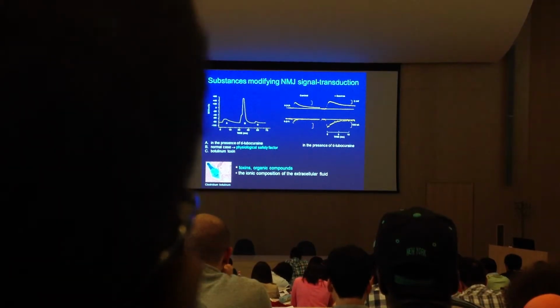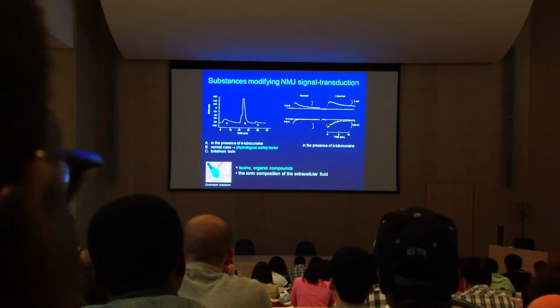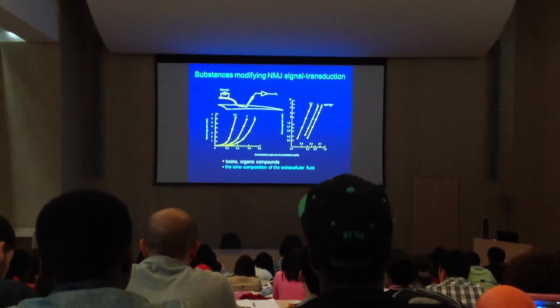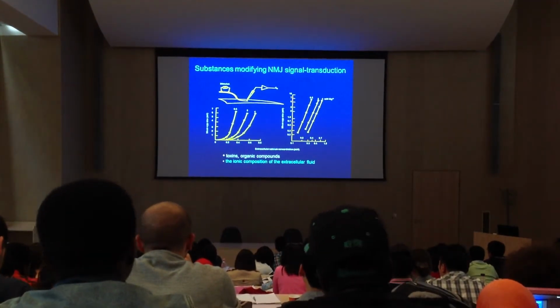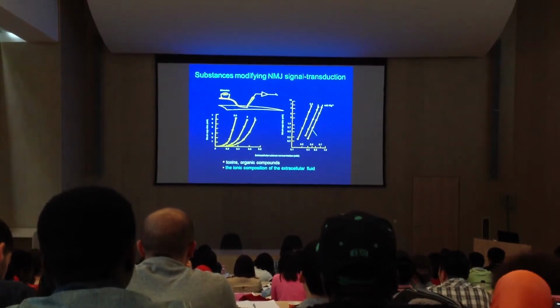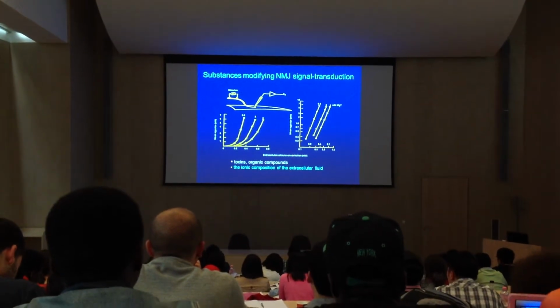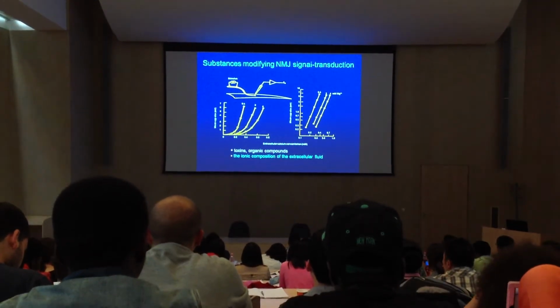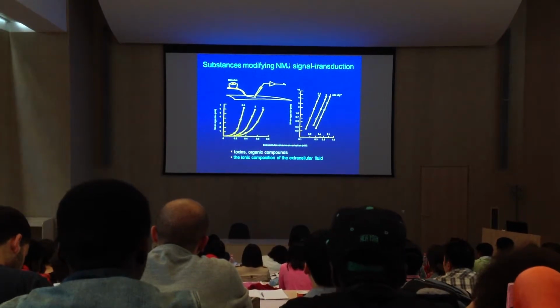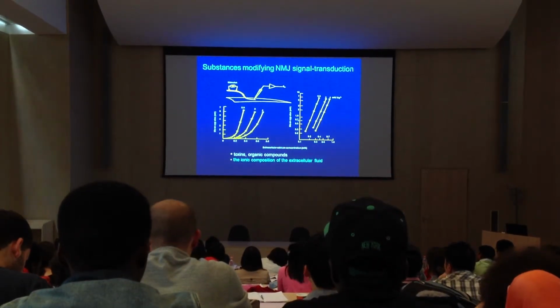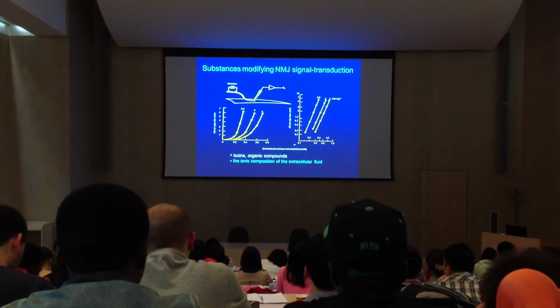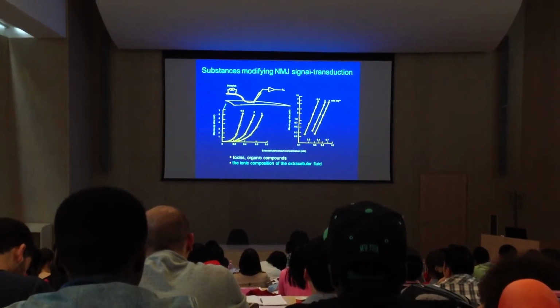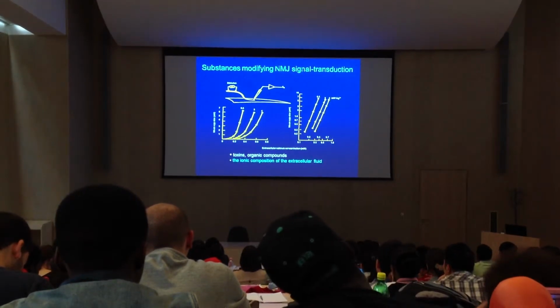Not only organic compounds can influence the transmission of information in the neuromuscular junction, but simple changes in ionic composition. What you can see here, two graphs. Again, we are measuring this end plate potential in the presence of tubocurarine, so that they are not too big, so action potentials don't occur. The two graphs are the same, except that this one is plotted on a log scale, this one is on a linear scale. So whichever you would like to look at.